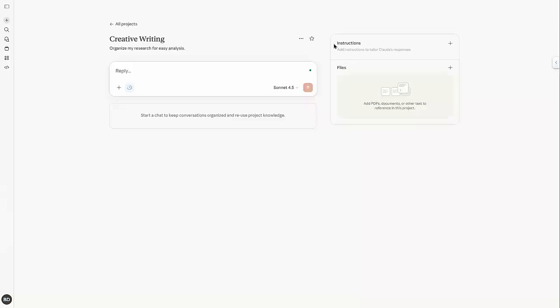Right in this area right here is where you're going to paste your custom instructions. These would be essentially the same kind of instructions you would have put into your custom GPT. And right here is where you're going to add folder files, just like in the custom GPT. These would be the documents, PDFs, Word documents, spreadsheets, whatever it is that you're going to train this unique project